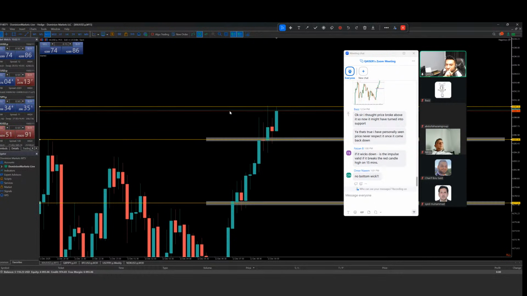I would like to wait for this 15-minute candle to break above the previous candle high. If I wanted to go as an impulse entry, or rather than that, you know what, I will wait for this candle to close. If this candle closes as a strong bullish candle and the next candle creates a weak break above the high, there's a very high probability it could continue pushing upside.